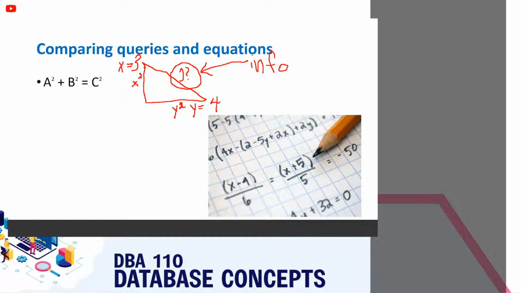But in order to get the info, in order to answer that question, what is the value of c? How long is the hypotenuse of our right triangle? Well, we have to take these and run them through a prescribed process, and we have a prescribed process here, which is our equation. So we take the first number, we square it. We take the second number, we square it. We add them together. We take the resulting number, we take the square root of it, and we get what we want. Now, if we were to compare that